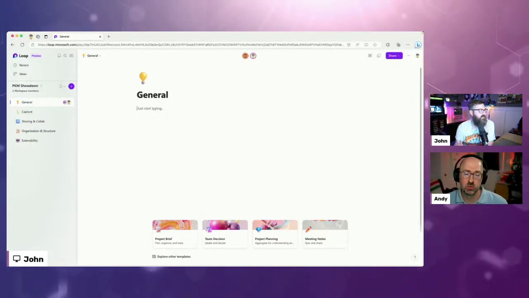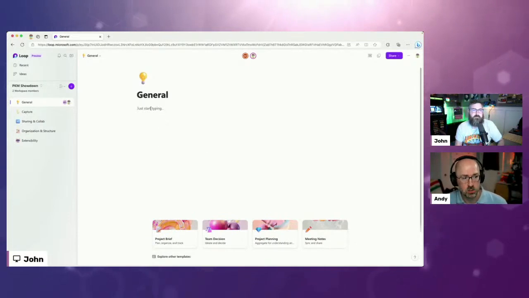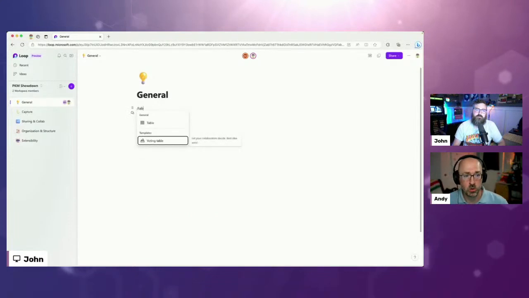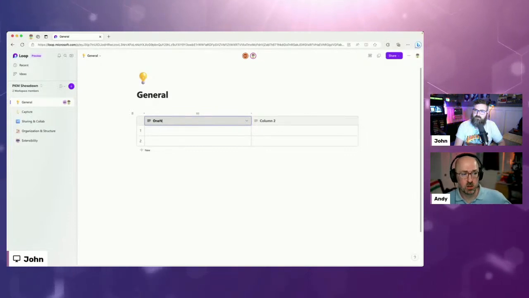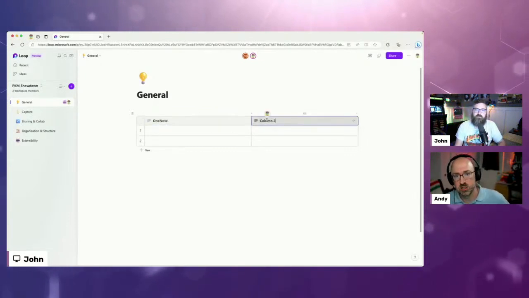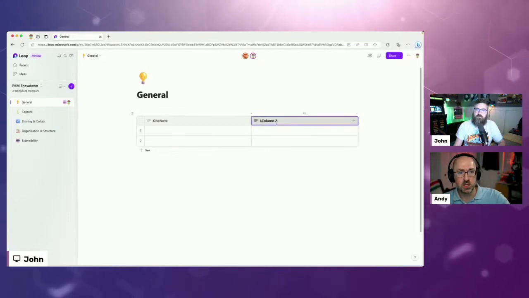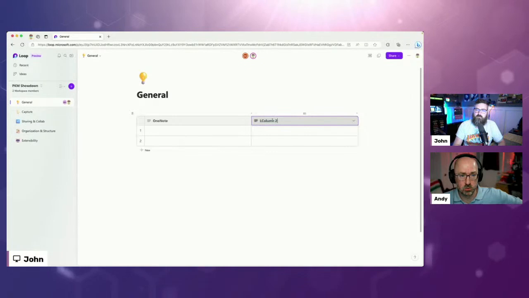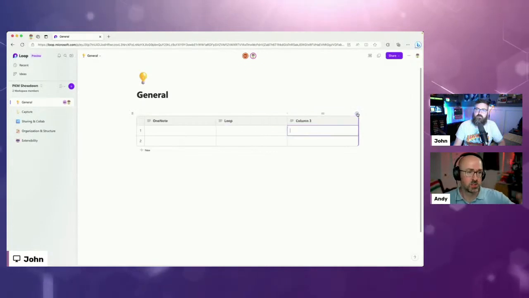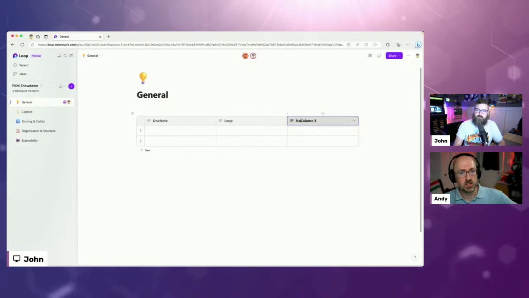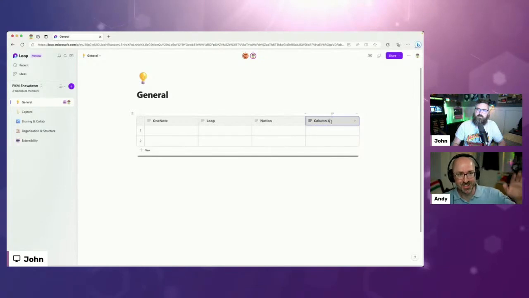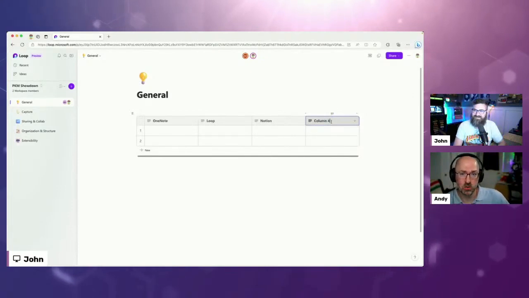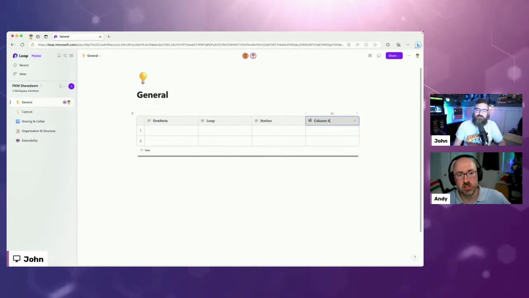So yeah, we'll go into our general category, and we'll start off with OneNote, and then we'll talk about Notion, Obsidian, and then we will loop back to Loop. And we're going to do this very specifically. It's because in the context of this conversation, Loop is the newest app to fall into this category. It was announced a year and a half ago. Recently we did a deep dive with our friend Daryl, who's in the audience. Hey, Daryl. And Daryl, we did a deep dive on the Loop app, Loop workspaces and pages.